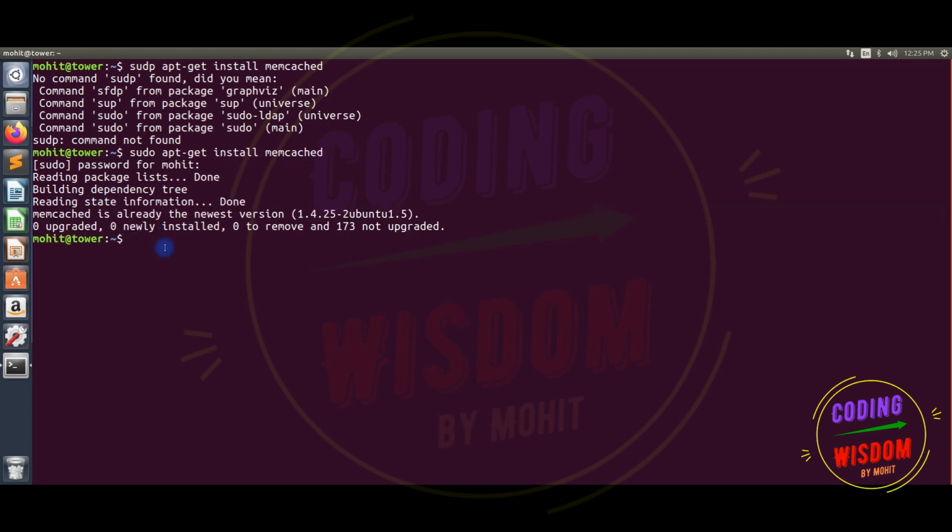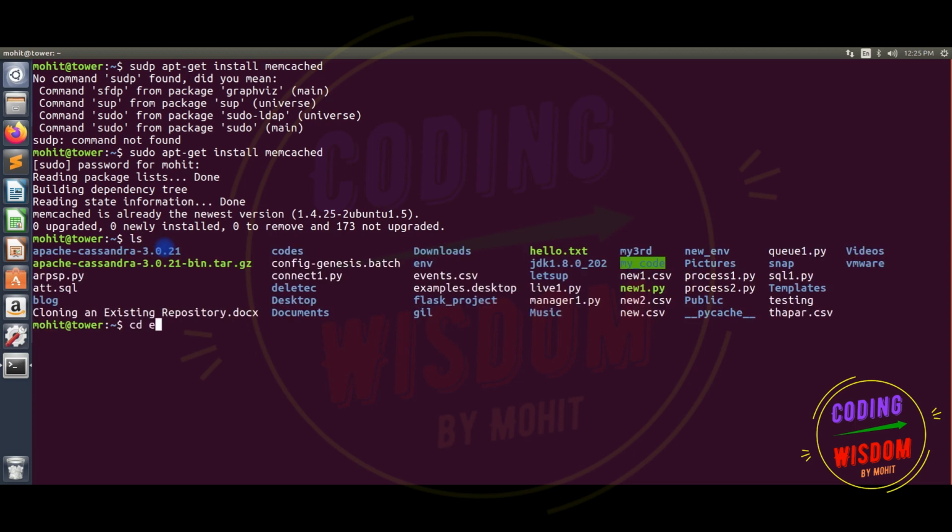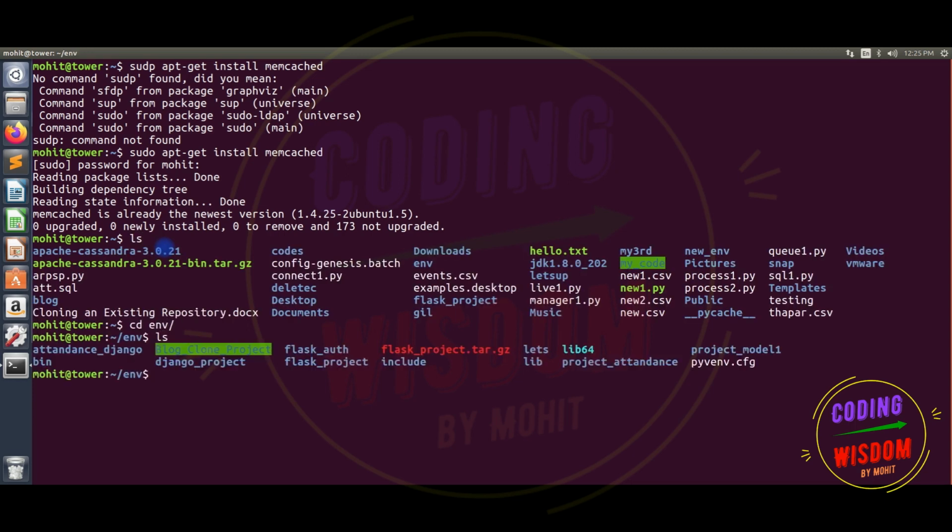Now I'm going to use the virtual environment. I have already installed the virtual environment. This is my virtual environment: source bin activate. Here I'm going to install the Memcache Python package with pip install.